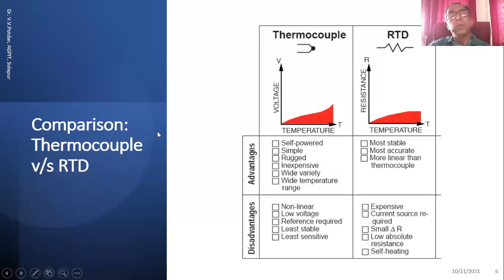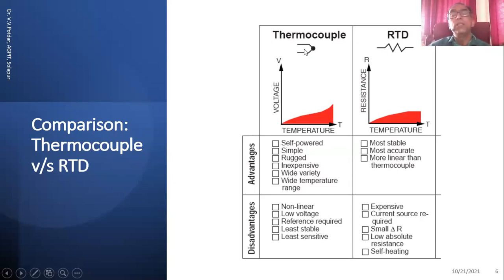If we compare the performance of thermocouple and RTD, the advantages of thermocouple are: these are self-powered, simple, rugged in construction, inexpensive, wide variety of thermocouples are available, wide temperature range is available. Whereas RTD has some advantages, as it is more stable as compared to thermocouples, more accurate, more linear than thermocouple.